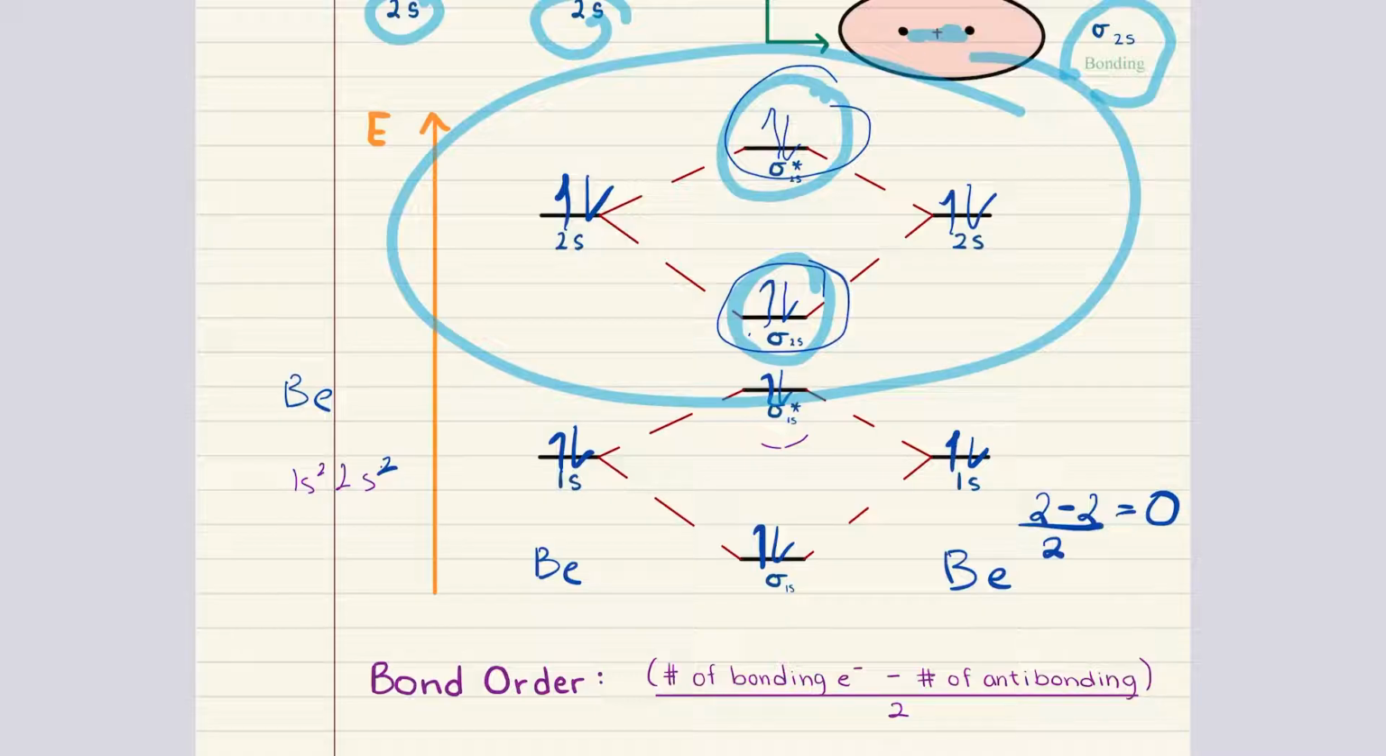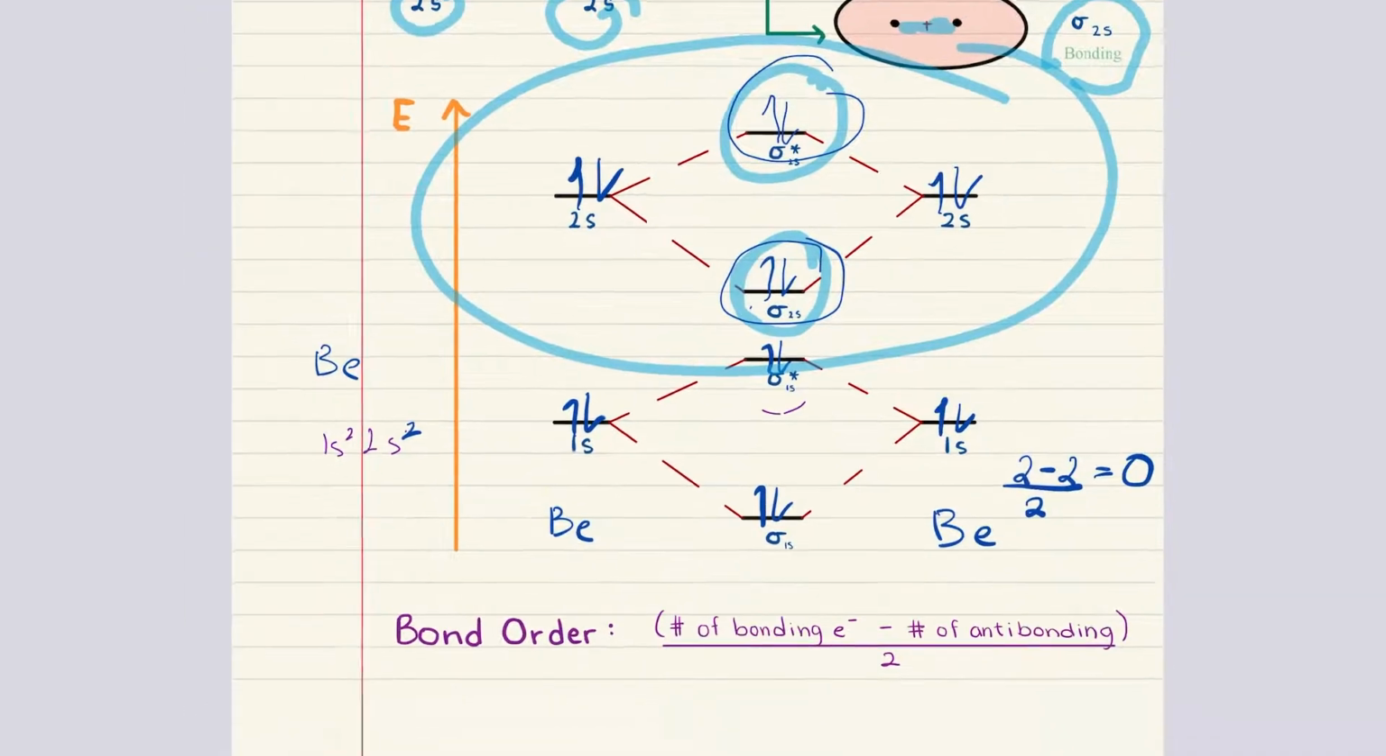At this point, we've established a clear pattern. The bond order determines whether a diatomic molecule is stable or not. If the bond order is greater than 0, then the molecule is stable and it will exist. But if it equals 0, then the molecule does not form. With that, we are now ready to